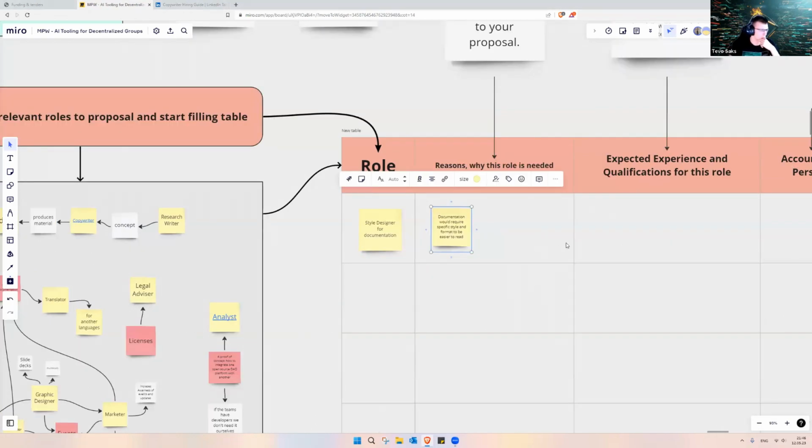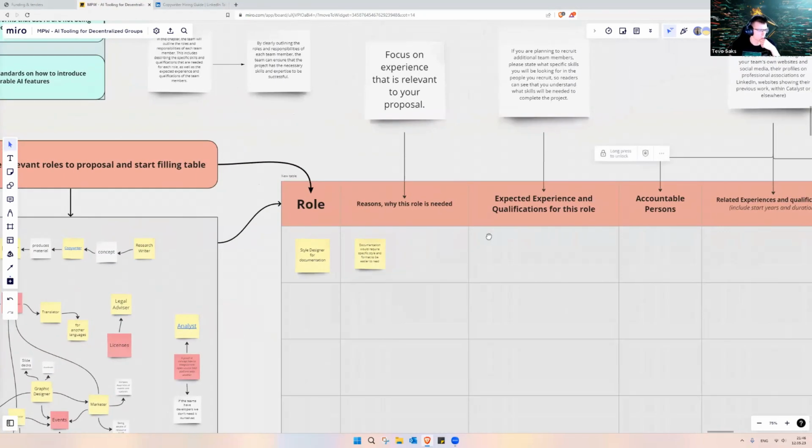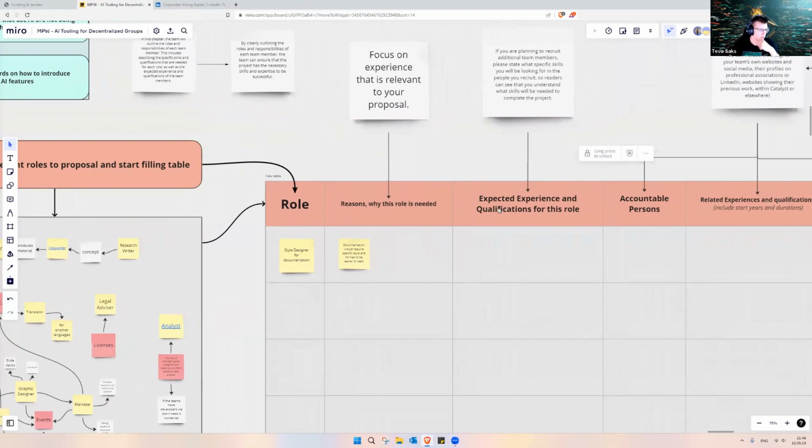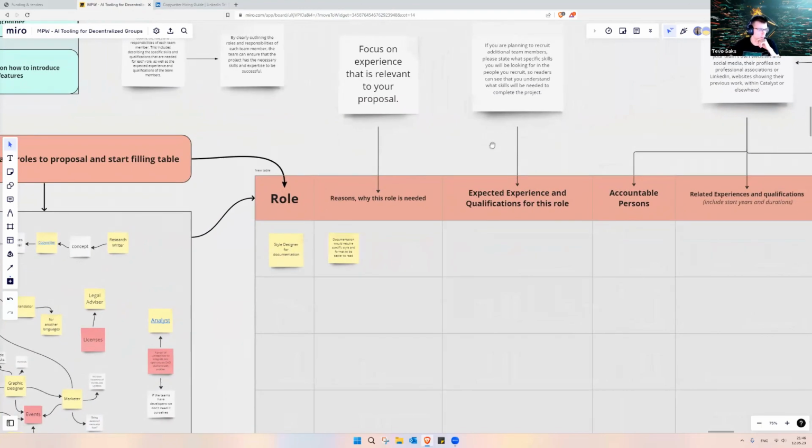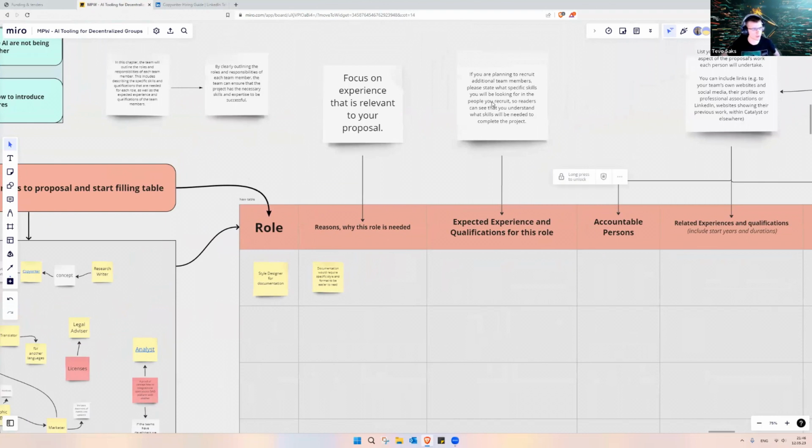If nothing pops up, then the next one would be expected experience and qualification for this role. So if you are planning to recruit additional team members, please state what specific skills you will be looking for in people you recruit, so readers can see that you understand what skills will be needed to complete the project.